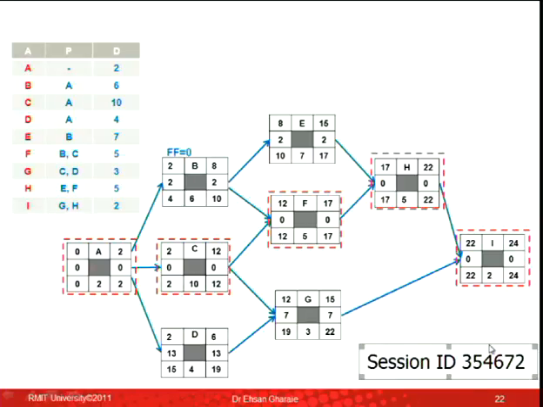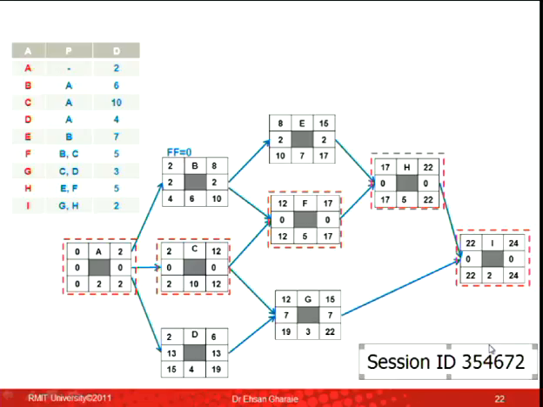So if activity B is delayed for 2 days, nothing is going to happen to I. Nothing. However, activity E would be delayed as well. So there are some consequences, but there is no consequence for the whole project. So activity E free float is 0. Activity E, what is the free float for activity E?